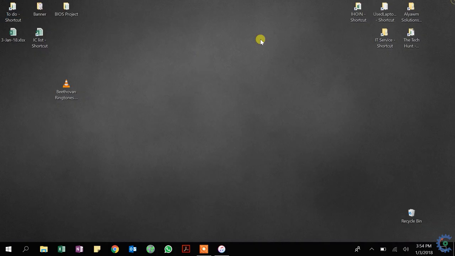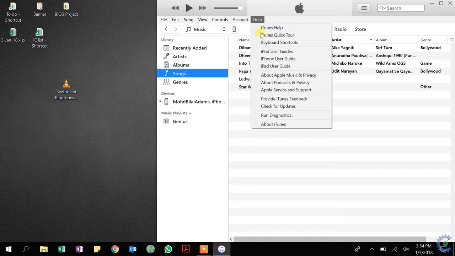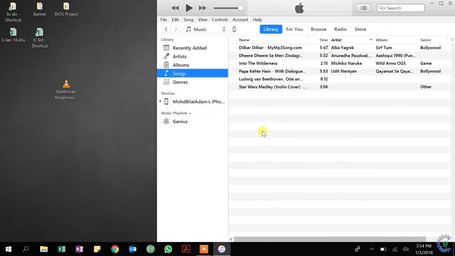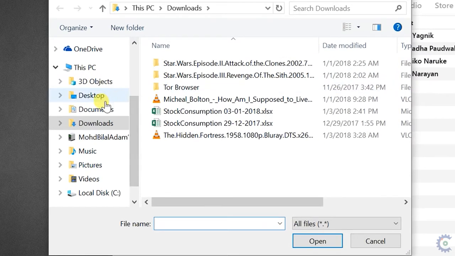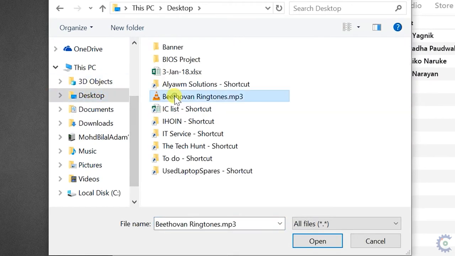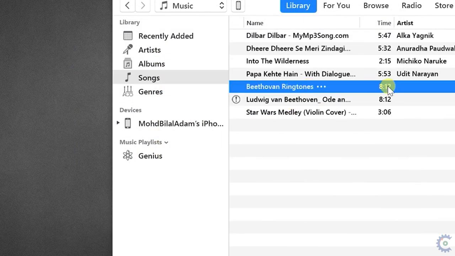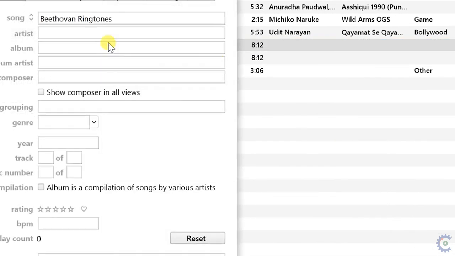So we're done with that, and then we are bringing this file to iTunes. This is the latest 12 version of iTunes, right, as of date. So we go to the songs, we go to file, we go to add files to library, we go to desktop, Beethoven ringtone. So the ringtone comes here. We see the time, it's 8:12. We go to the 8:12 and then go to the get info option, song info, and then we go to the